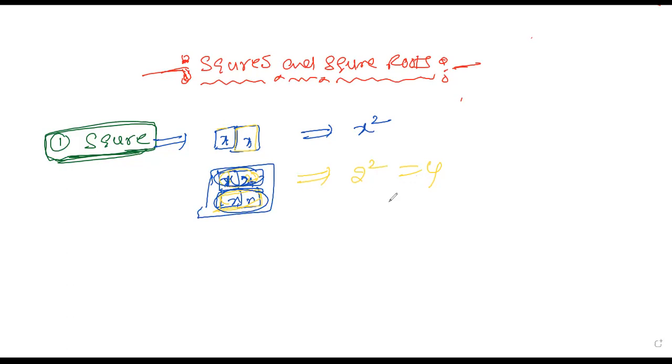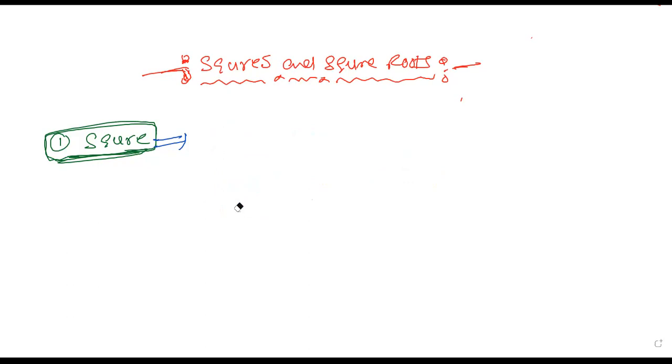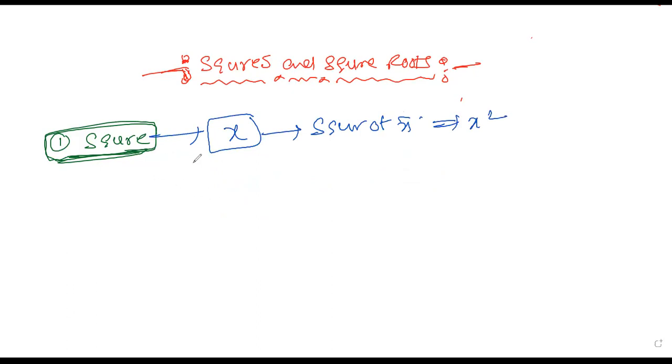Like that, dimensionally, in 3D also we have to use it. Like that, we should find the squares. So simply we can say the number should be multiplied by the same number, and it becomes the square of the number. So let us start the discussion. Let us take one value. x is a number. The square of the number x is x square. Clear? So x square is nothing but the number multiplied by the same number, x into x.